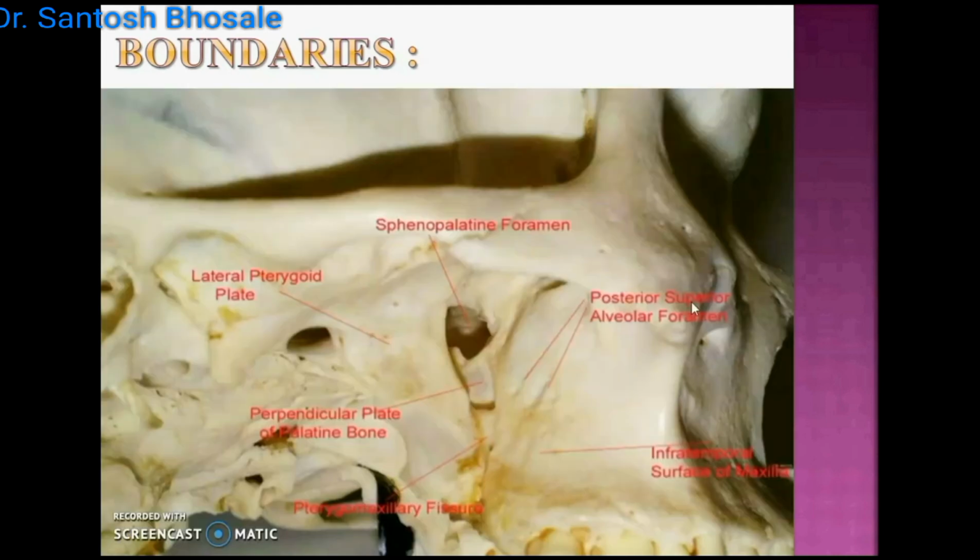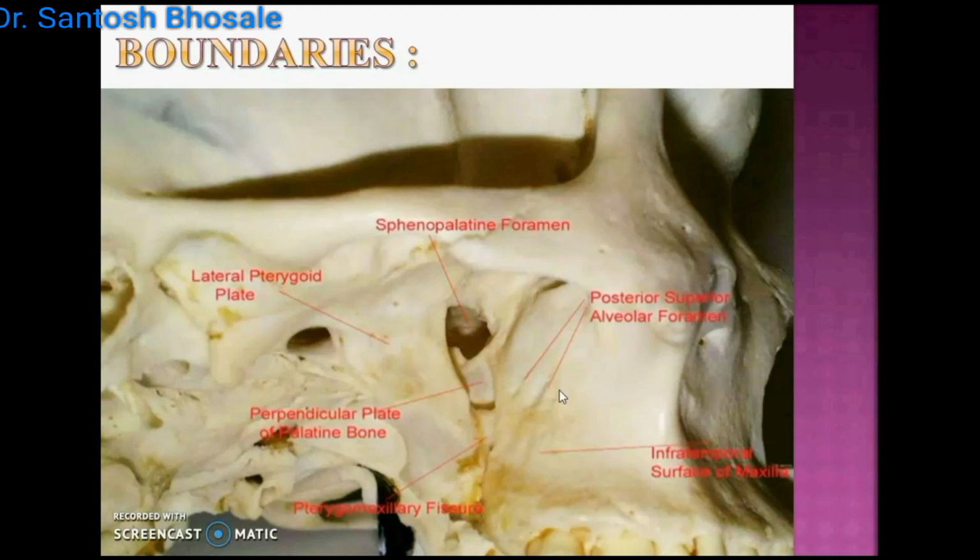Laterally it communicates with the infratemporal fossa via the pterygomaxillary fissure. You can see the maxilla there, this is the greater wing of sphenoid, and this is the pterygoid plate. The arrow is showing the root of the pterygoid plate, and the posterior wall is formed by it. Anteriorly you have the maxilla, where the anterior and posterior walls converge like a V in the lower part. So the floor is not appreciable there.